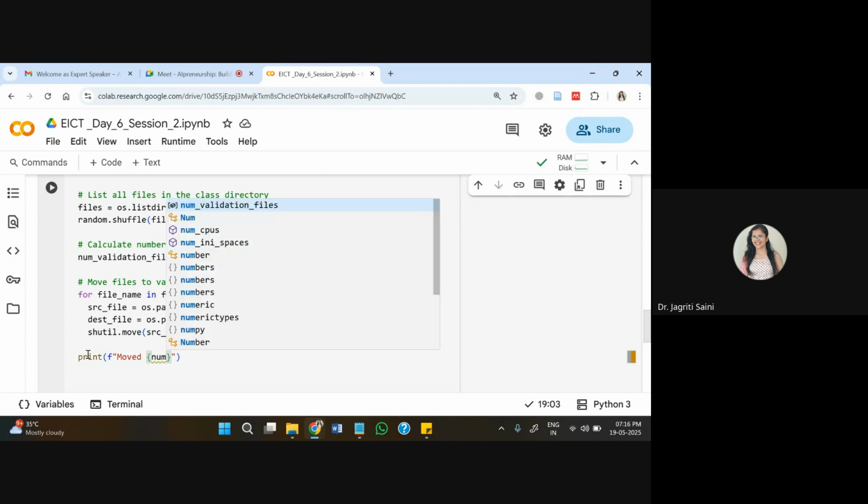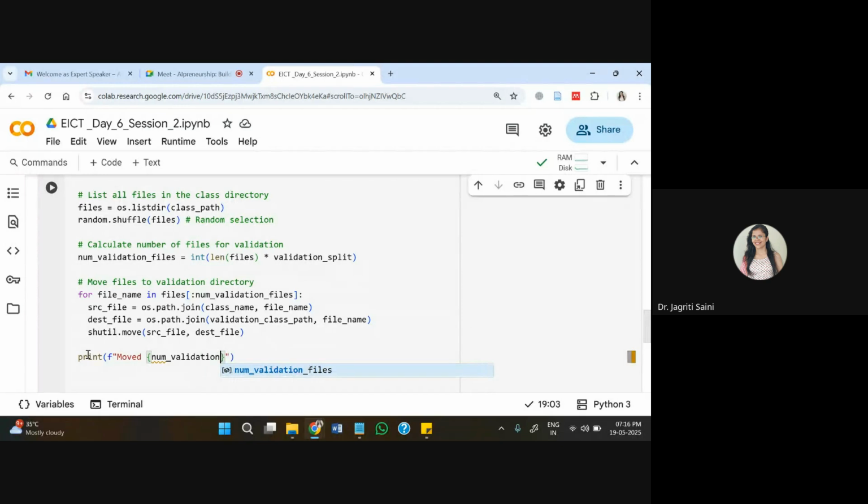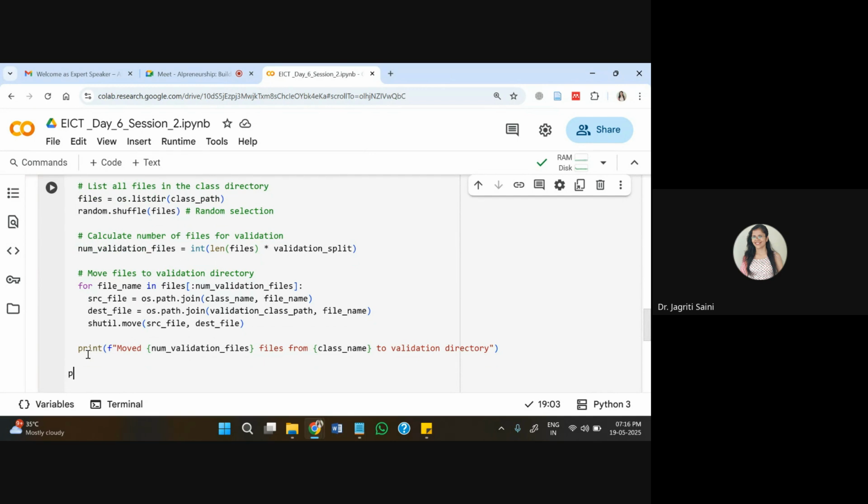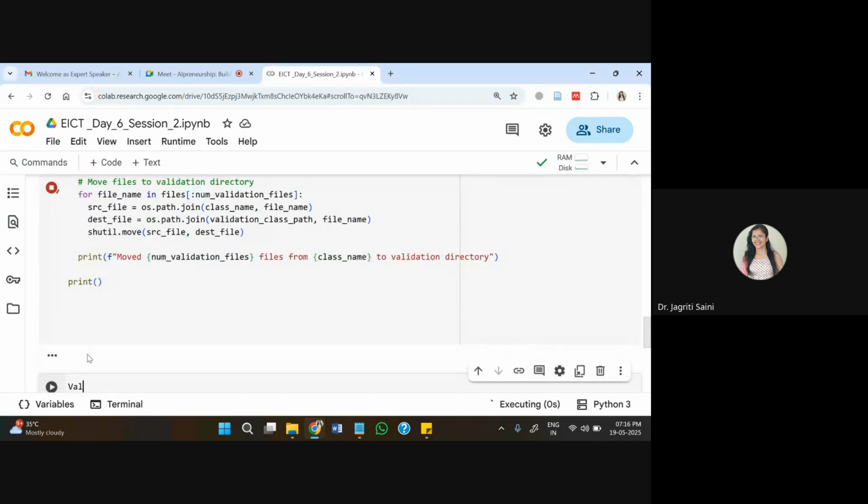So we'll write here the number of validation files that we have moved from which class name we have gathered that to the validation directory, so that we get exact information about which class it has created with how many files. And here I'll write validation.